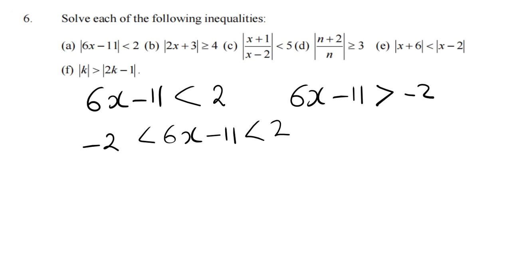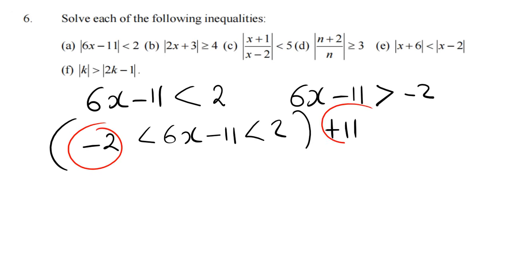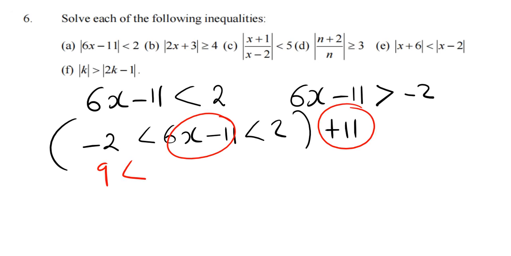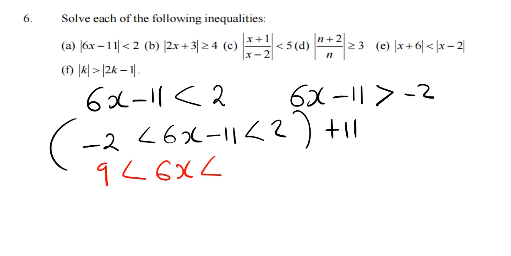But now here we just want to have x. So what do you do? You do like we did the first question on inequalities. We're going to add 11 on all sides. So negative 2 plus 11, that is going to give me a 9. Then when I add 11 to this, the 11s are going to cancel. I'm going to remain with 6x. Then the 2 plus 11 on the far end, I'm going to have the 13. To remain with my x, I'm going to divide by 6 on both sides